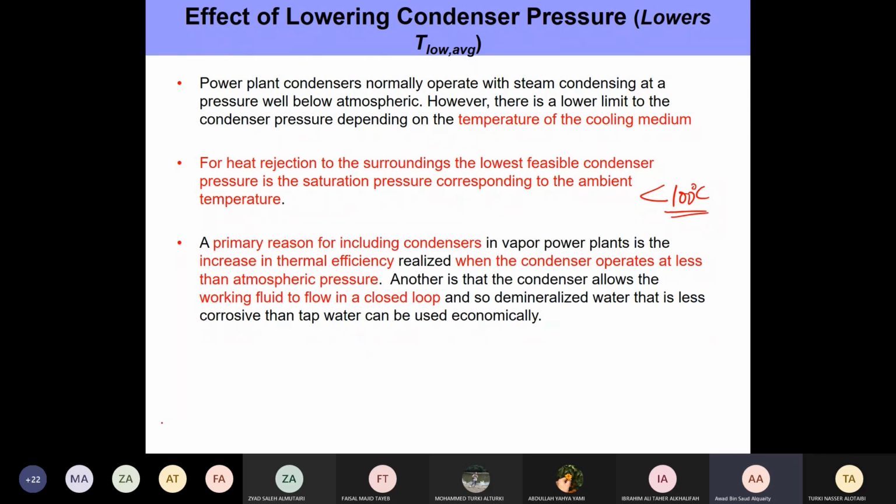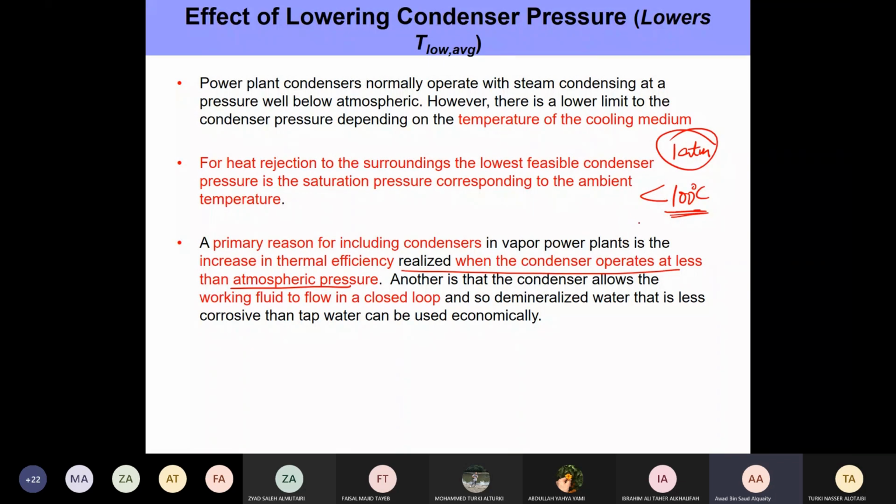Now, when you look at the role of a condenser in a power plant, it basically plays two roles. One of the major things that it does is that having a condenser allows us to operate at a pressure which is much lower than atmospheric pressure, right? If you did not have the condenser, then we would have to reject the water to maybe a lake or some water body, and that would need to happen at 1 atmospheric pressure, which is not really ideal, right? Our heat rejection temperature would be very high, which will bring down our efficiency.